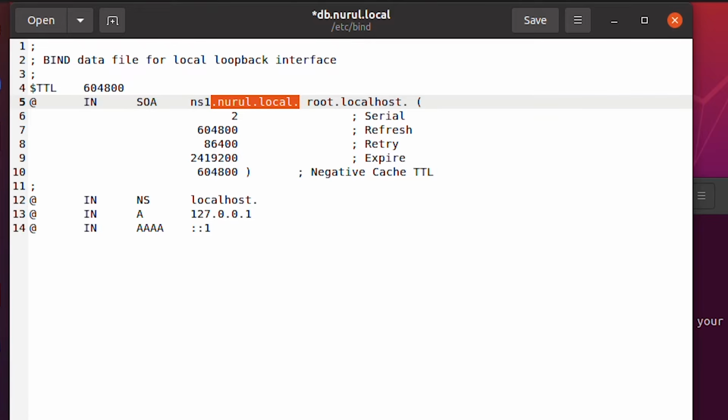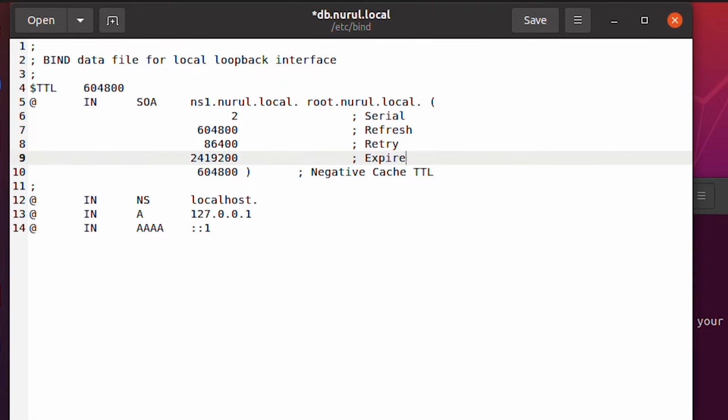I can leave it without appending the domain name. In that case, it will be like ns1. The same here, root dot domain name dot. Now, if you have multiple domains, then it's a good idea to append the domain name. In this example, I'm going to append the domain name. So dot, and also after root, dot local dot. Okay,